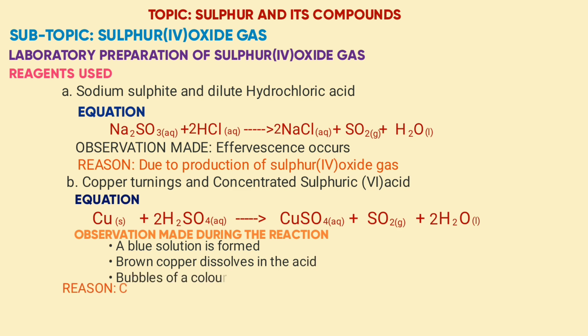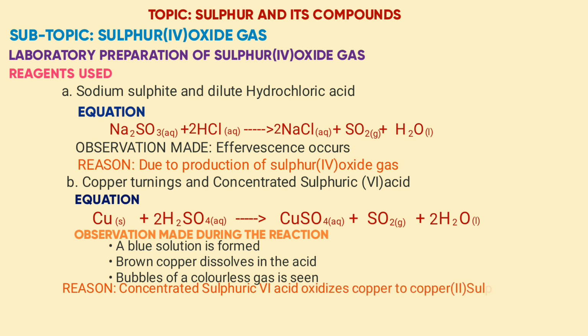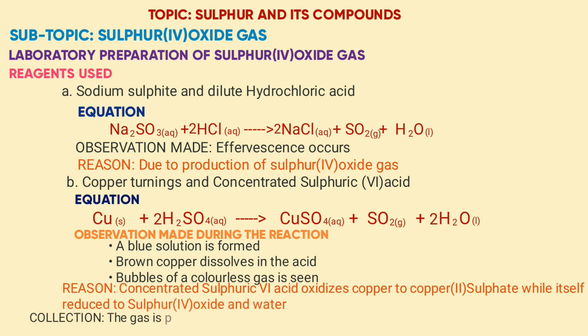Reason: concentrated sulfuric 6 acid oxidizes copper to copper sulfate while self reduced to sulfur 4 oxide and water. Now collection of sulfur 4 oxide gas. Sulfur 4 oxide is passed through concentrated sulfuric acid and then collected by downward delivery because it is denser